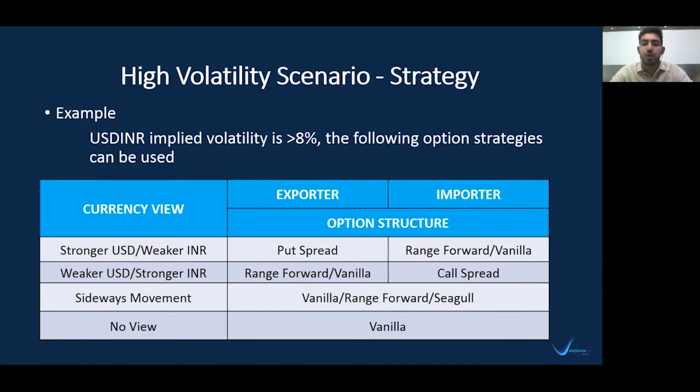For example, current spot is 74. I buy my put option at the money at 74.50 and I sell my put at 73.50. Now since I'm also selling a call option, I sell it at 75.50, which is again out of the money. So both the options which I sell are out of the money, while the only option I buy is at the money.